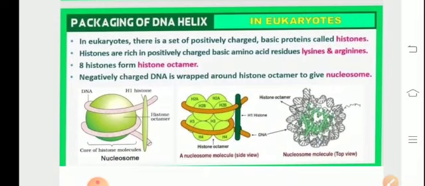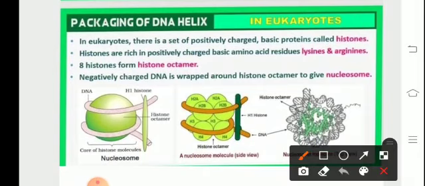Talking about the packaging of DNA in eukaryotes, histones are a special group of proteins found in the nuclei of eukaryotic cells. They are responsible for packaging, leading to chromatin formation. This is important because without histones, DNA would be extremely long in relation to the cell. Eukaryotic chromatin structure consists of repeating units known as nucleosomes, which resemble a bead on a string connected with the help of the linker DNA.